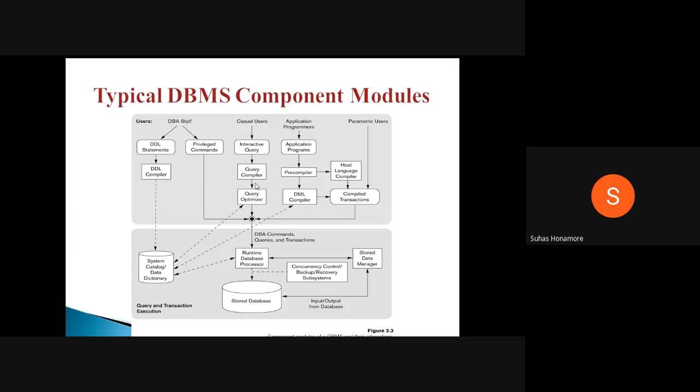For example, while booking a ticket, an image will come, and whatever numbers are in that image, you have to enter them. That is a captcha. This is not at all related to my database, so that part you have to remove. Those parts are unnecessary. So here the query optimizer will come and remove them.